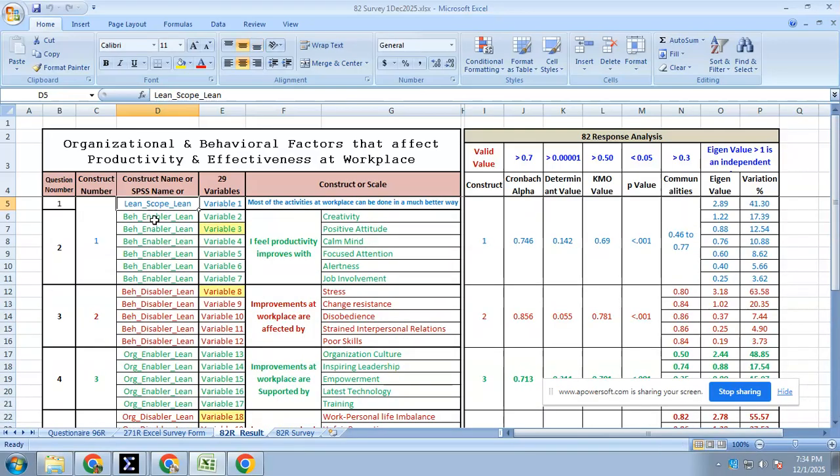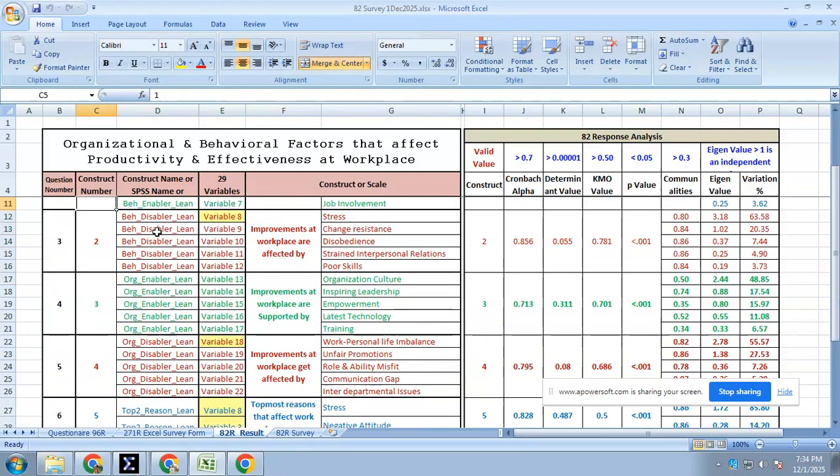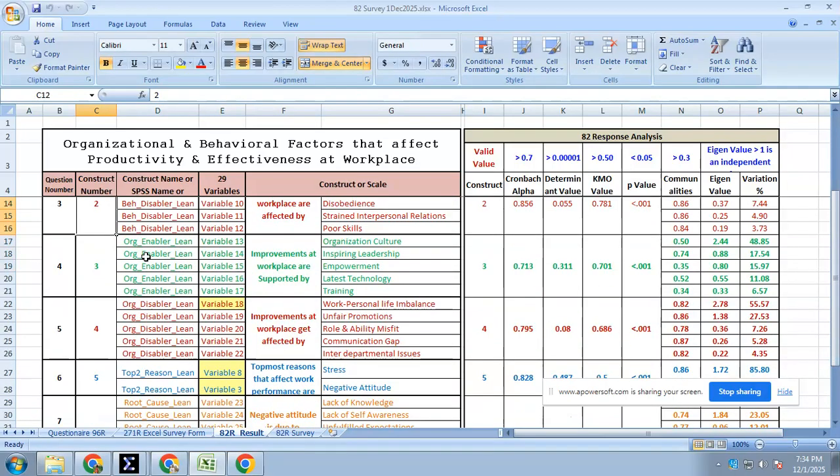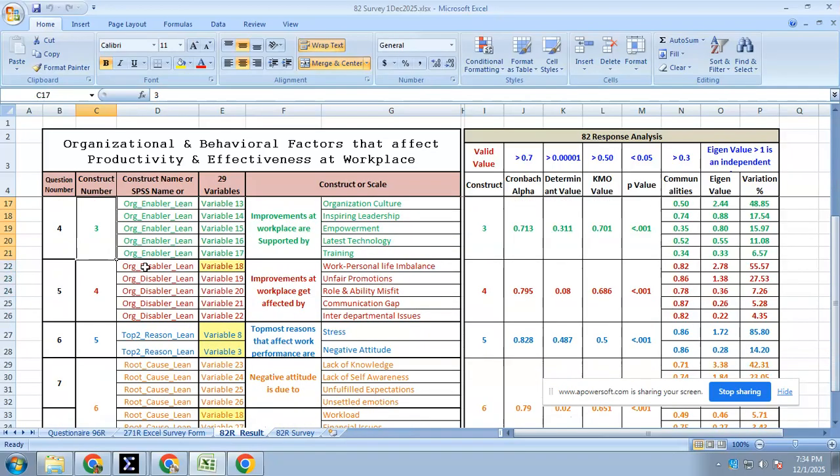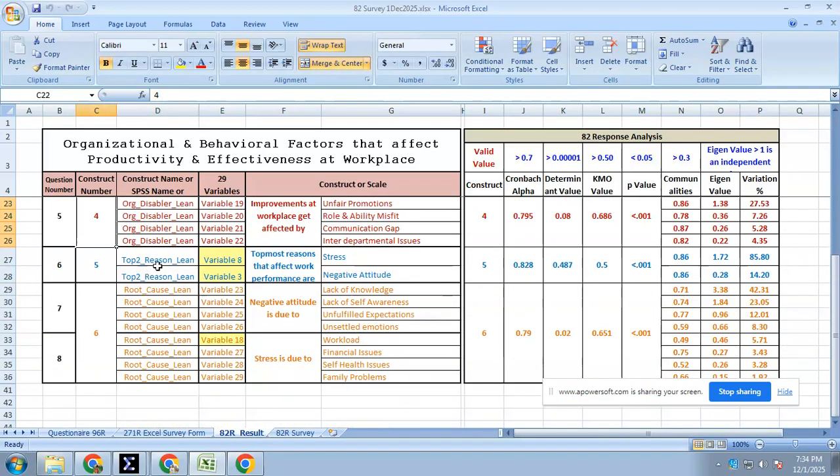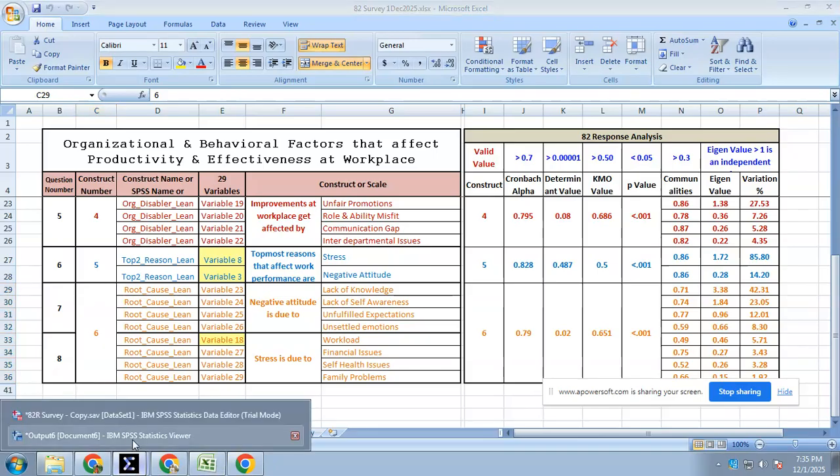The first one is the beginning. There should be a thought that things can be improved. So I've clubbed question number one and two into construct one, and disablers into construct two, organizational enablers into construct three, disablers into construct four, the top two reasons into construct five, and the root causes into construct six. So to begin with, in SPSS,